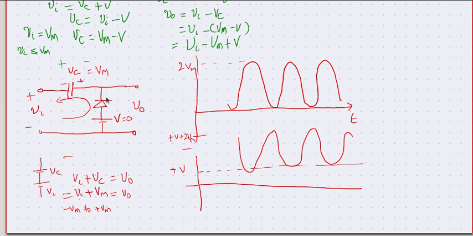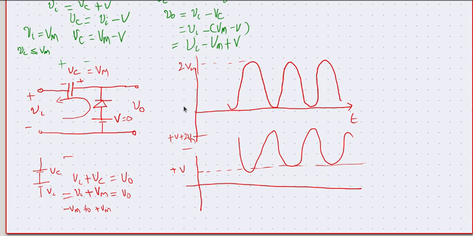So what has happened? The capacitor gets charged only when the diode is working, and the diode is working means the current has to flow in this direction. Therefore, the capacitor should be charged in this direction, and hence these two get added. And when the input reaches the negative peak, this goes to plus Vm, and hence the whole thing is shifted up by Vm, and therefore this gets to 0. But if you add some other voltage V, then instead of 0 it goes to V.